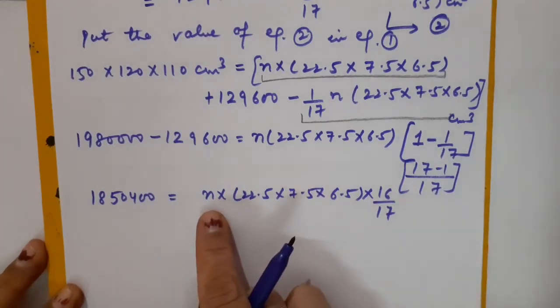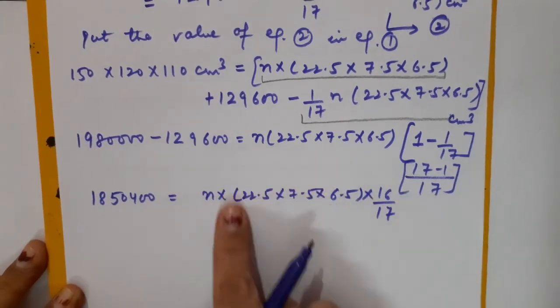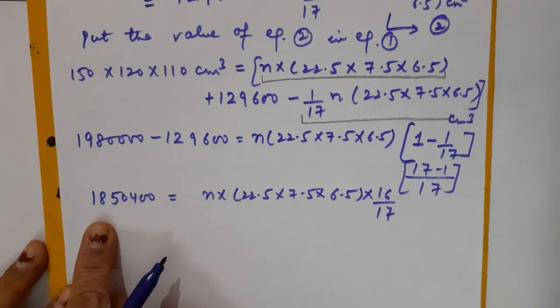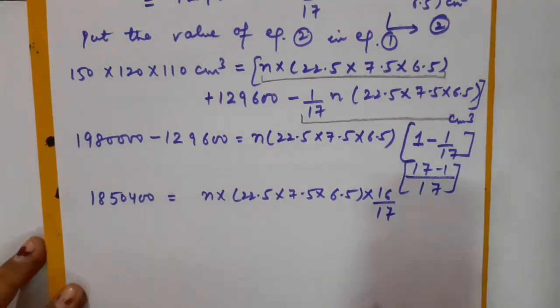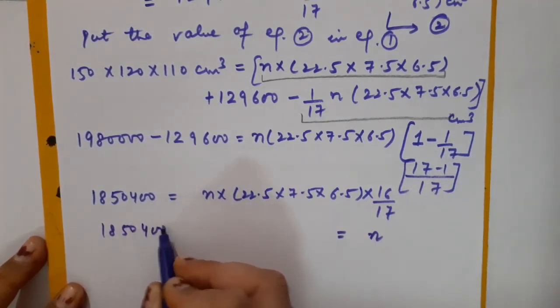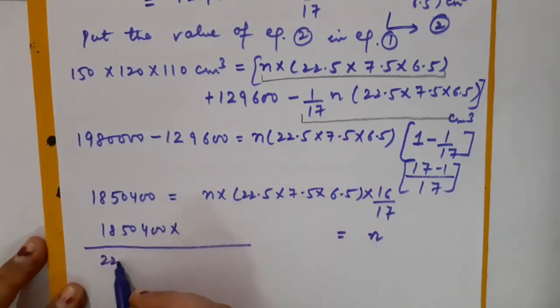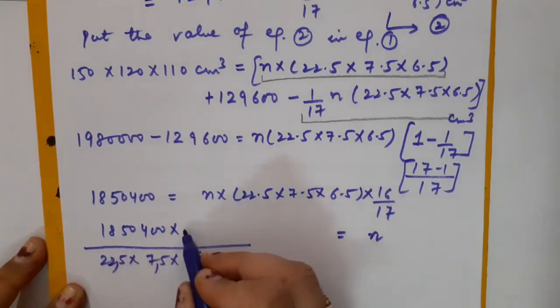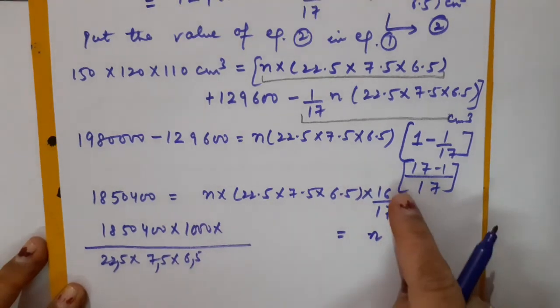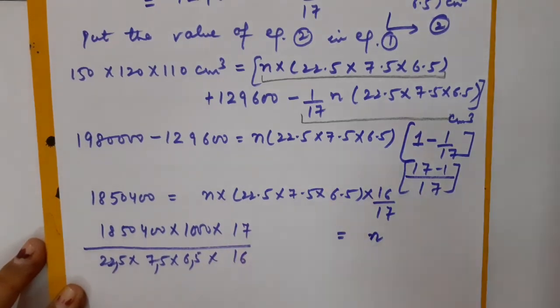Children, as you know that I am supposed to calculate the value of n. What is that? That is the number of bricks. So each and every term which is written along with n, I must take on the left hand side. So let us put it on that side. This is n is equal to 18,50,400 into. These all are multiplying, so they all must be divided. Here I am going to remove the decimal as well, so I will be having 1000 on the numerator place. This is 16 by 17, it must come on that side, so it will become 17 by 16.